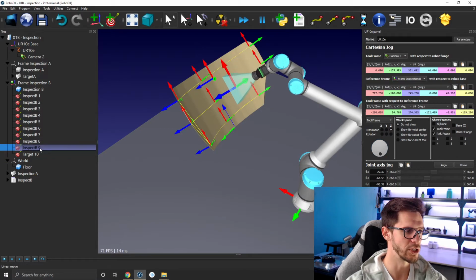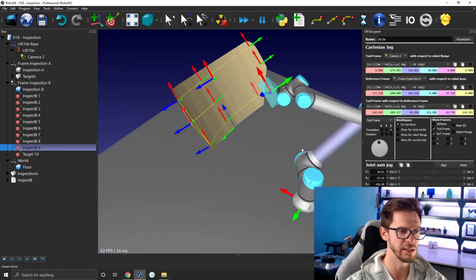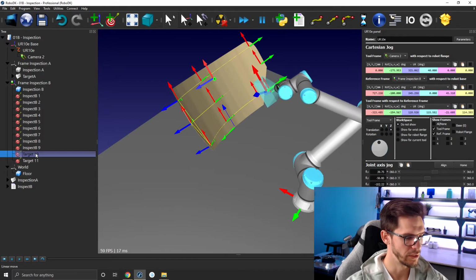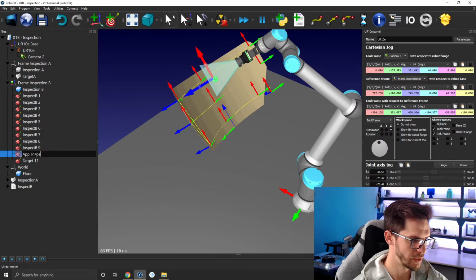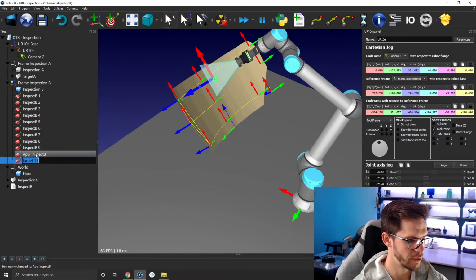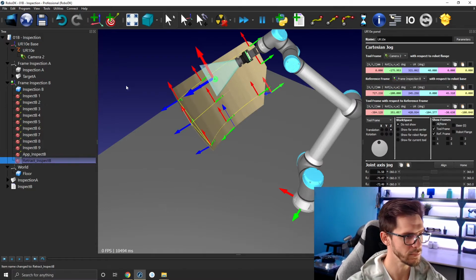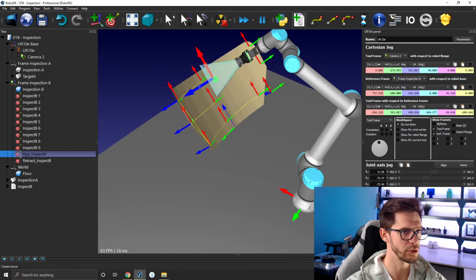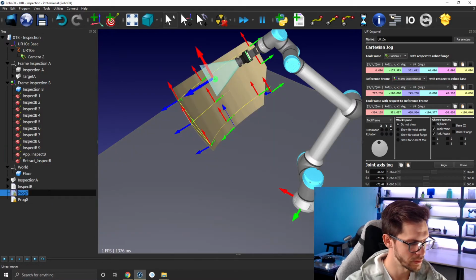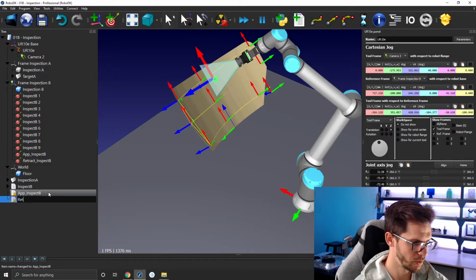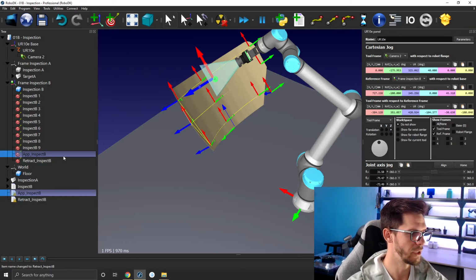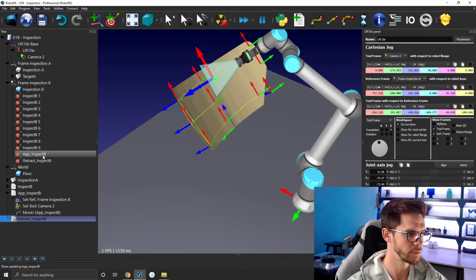I'm gonna go to inspection B9, do the same again like that, create another target. This one will be app inspect B. This one will be retract inspect B. And then I'm gonna go ahead and create the two subroutines, app inspect B, retract inspect B, create this approach here, just the joint motion, retract just a linear motion, and then I need